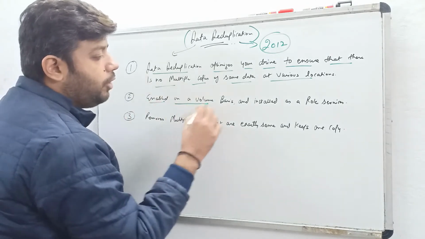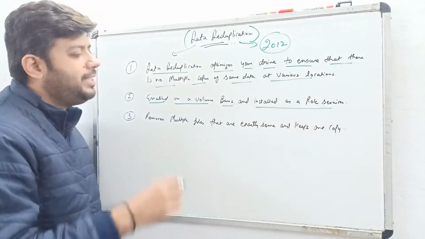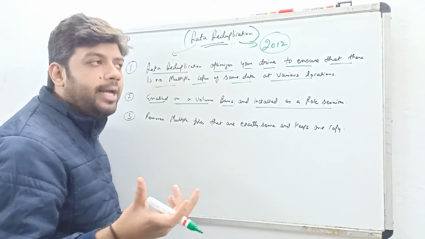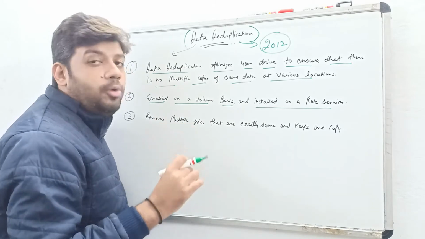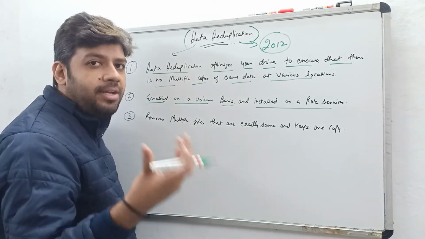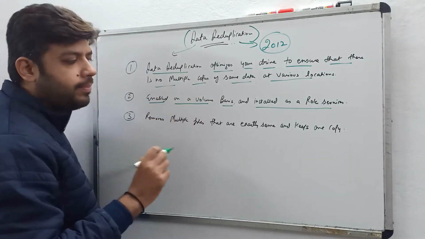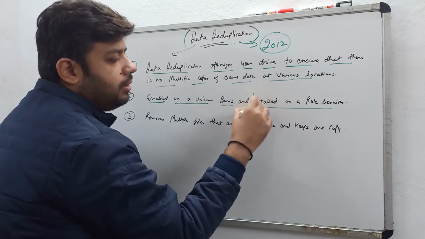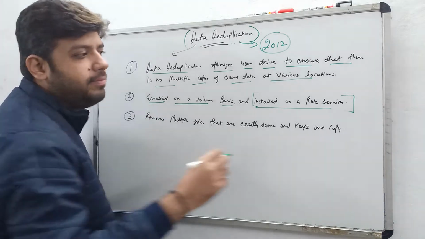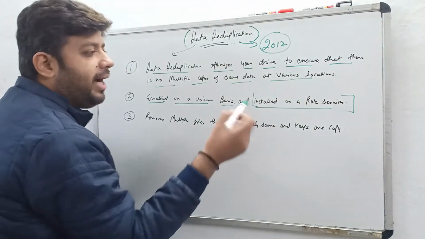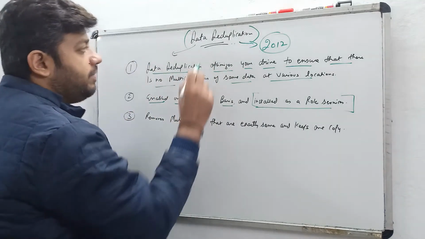It's enabled on a volume basis and installed as a role service. Imagine I can enable this deduplication feature on a volume basis. If you have a D drive, E drive, F drive, we can enable this feature on volumes. Volume means drives, and you need to install the deduplication service. It's not pre-installed. You need to install it with the help of roles and features. You need to go to add roles and then you can install it. Under file and storage services, we can find this option.